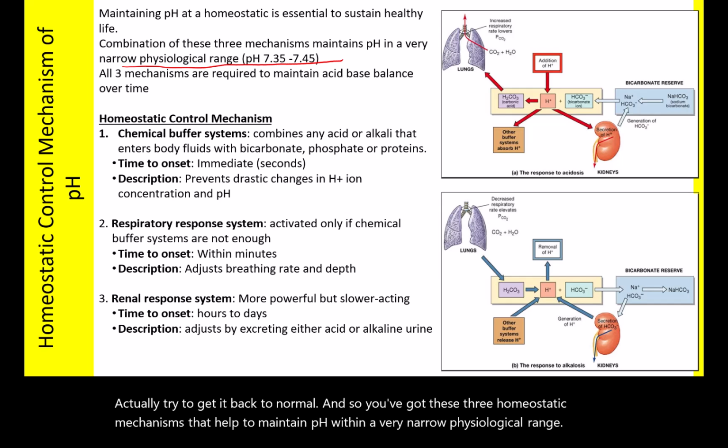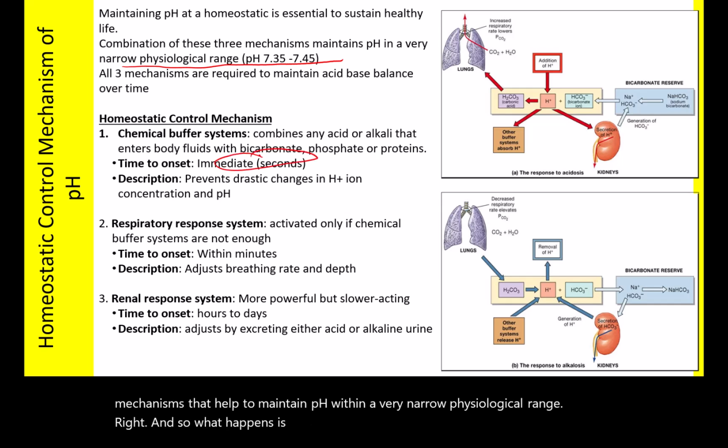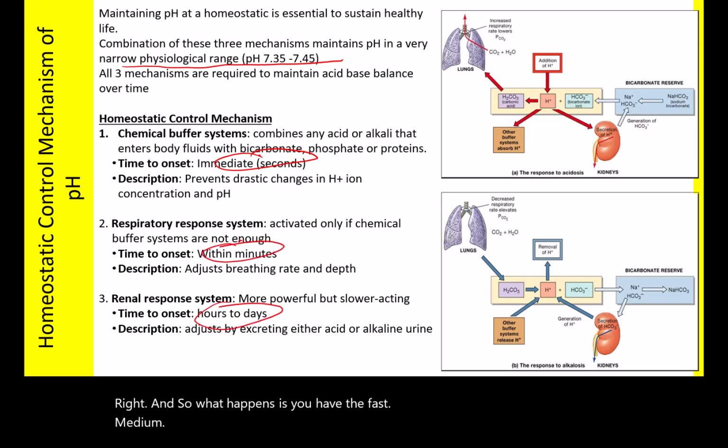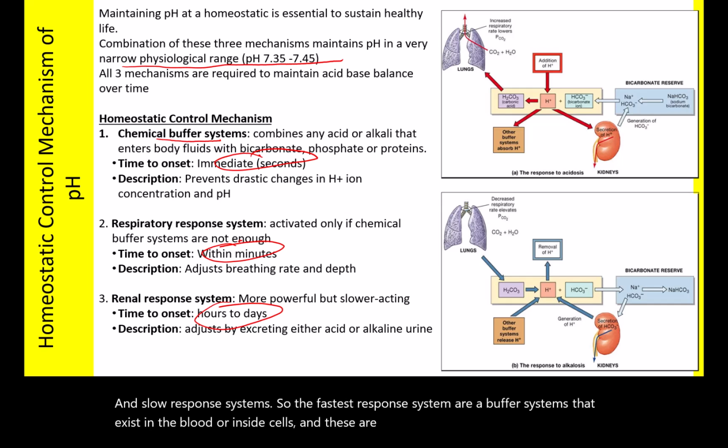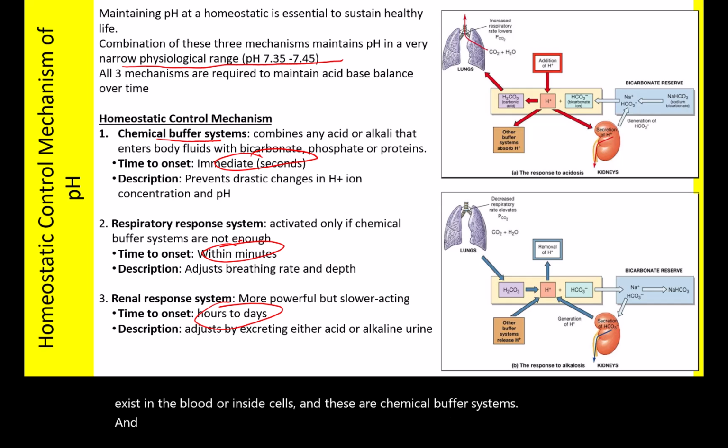And so what happens is you have the fast, medium, and slow response systems. So the fastest response systems are buffer systems that exist in the blood or inside cells. And these are chemical buffer systems. And they kick in within seconds, so pretty much immediately, and they prevent drastic changes in pH and drastic changes